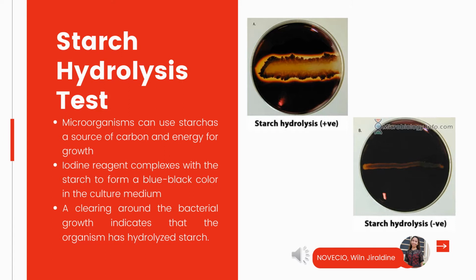Since no color change occurs in the medium when organisms hydrolyze starch, iodine solution is added as an indicator to the plate after incubation. While the non-hydrolyzed starch forms dark blue color with iodine, its hydrolyzed end products do not acquire such dark blue color with iodine. Consequently, transparent clear zones are formed around the colonies that hydrolyze starch, while the rest of the plate show a dark blue coloration as iodine forms the colored complex with starch.